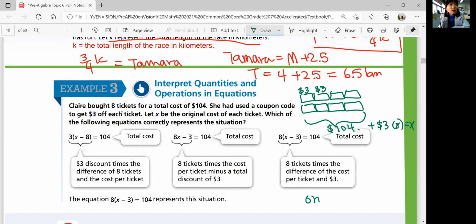So the original cost minus discount is equal to her payment, right? We don't know what the original cost is, so that could be X. Discounted price is $3 off per ticket, so 3 times 8. And the payment she made is $104, okay? So X minus 3 times 8 equals $104, which is the same as